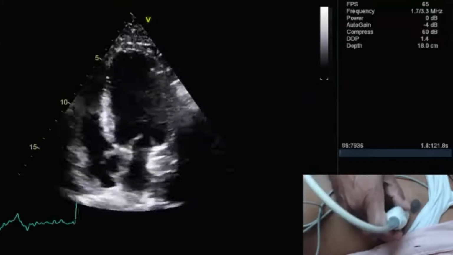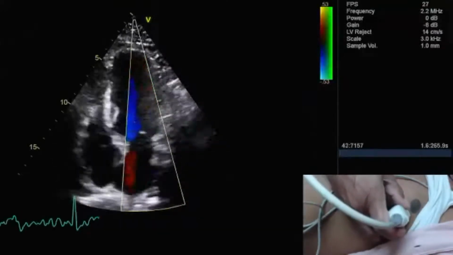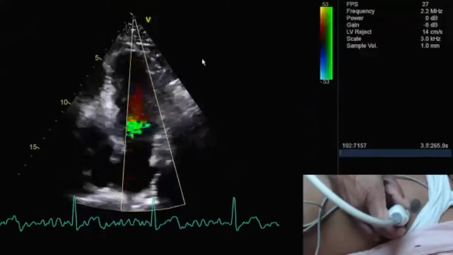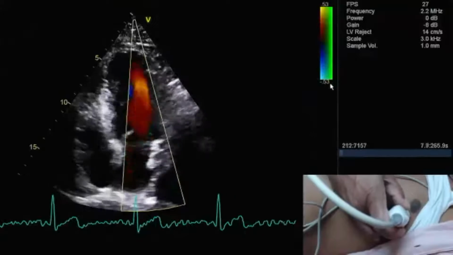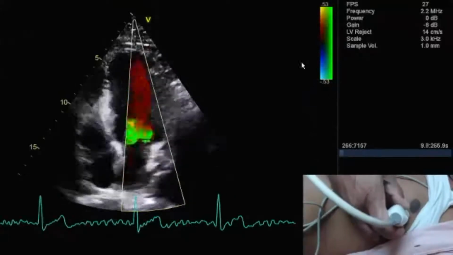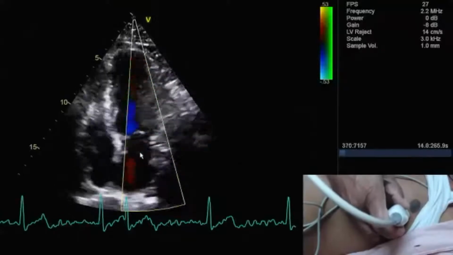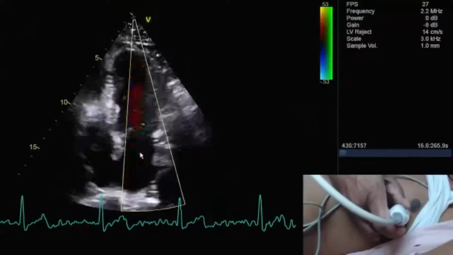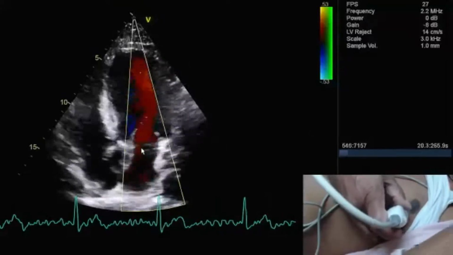Next, we talked about the Nyquist limit. Let me switch on our colors and look at the right hand side of the screen. This is the Nyquist limit, 0.53. What Parashar sir was trying to tell you: the color towards the transducer is red, and away from the transducer is blue. So blue away, red towards, that is known as BART.